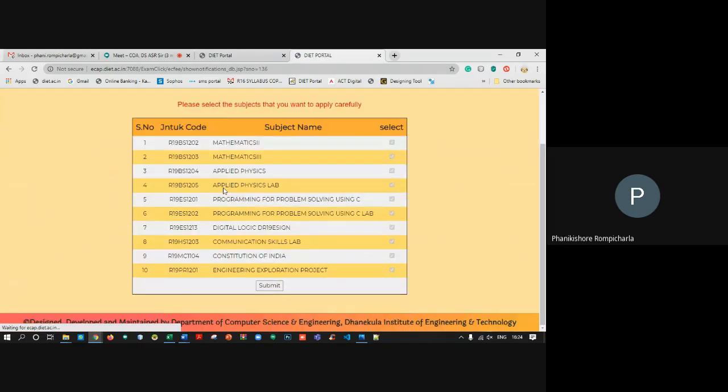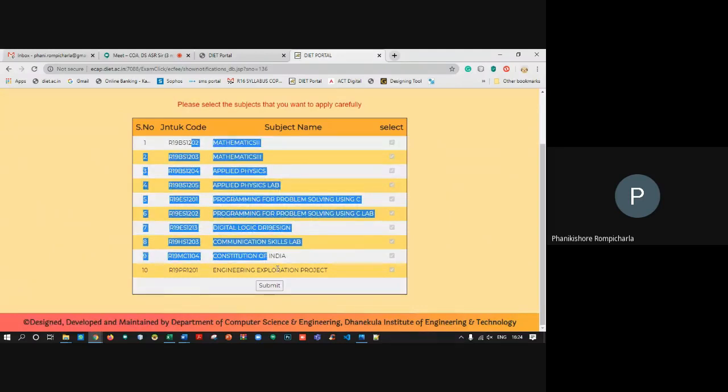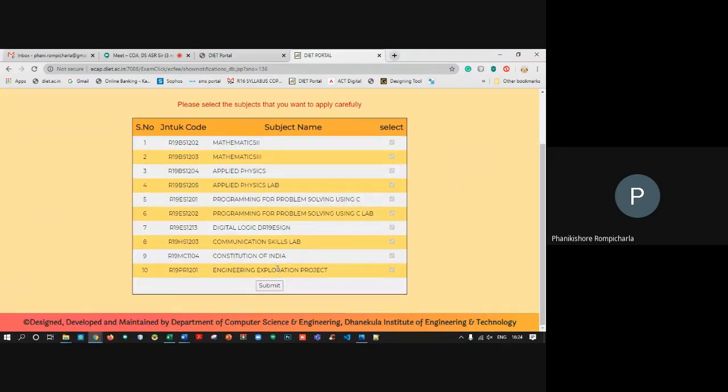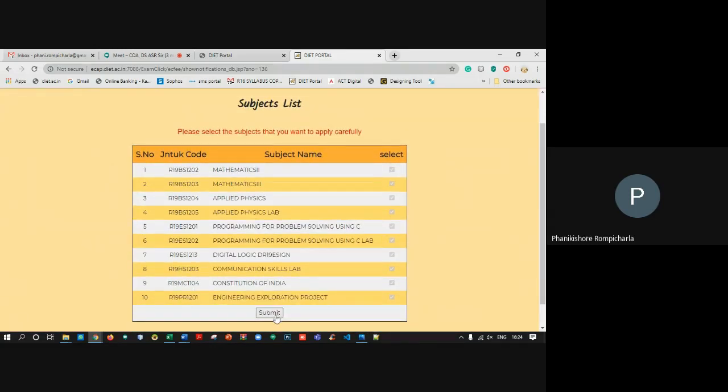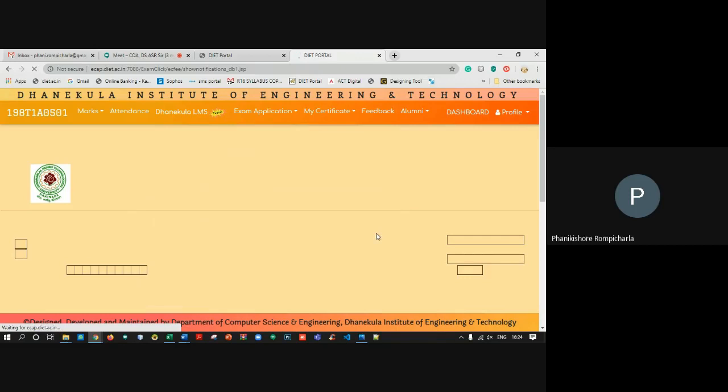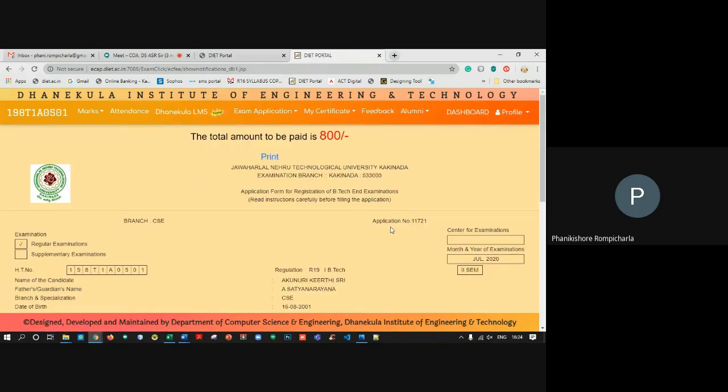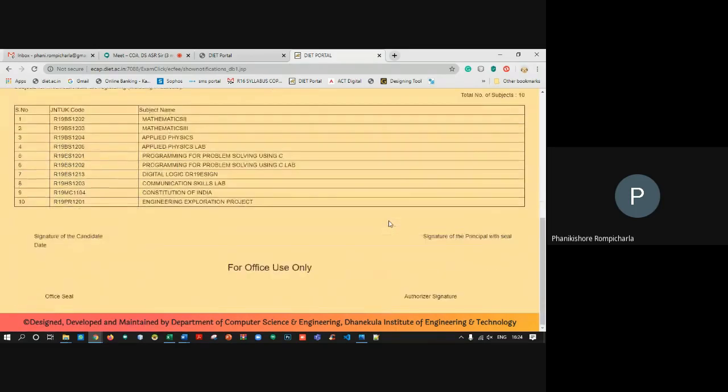You'll see all the subjects that you have. If it is a supply exam, you need to tick all the subjects that you want to apply for. As this number is a regular number, just click on submit. You'll get the application generated as usual.